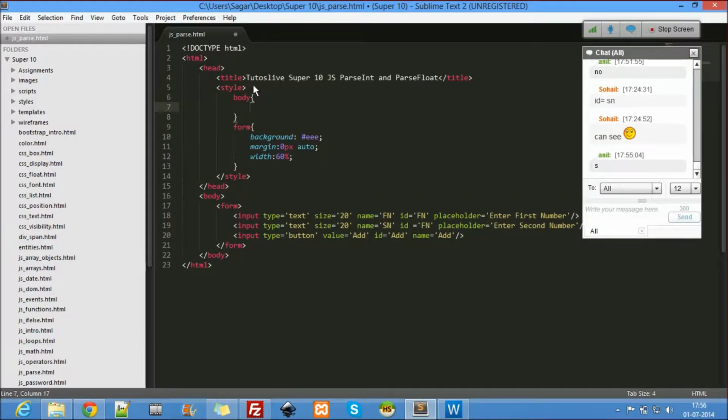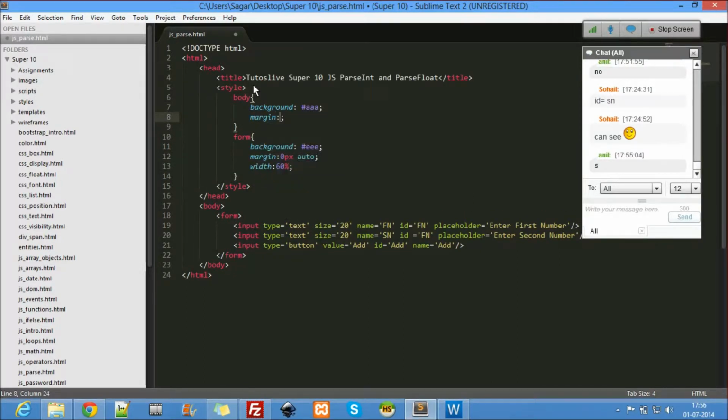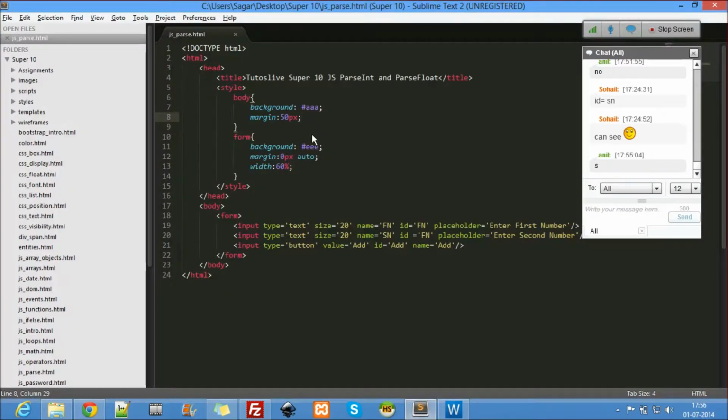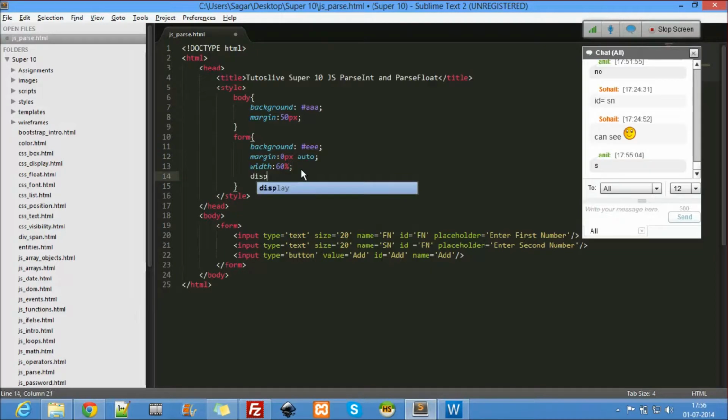Body, background, margin 50 pixel. See that? That's some odd color, right? So here display inline block.